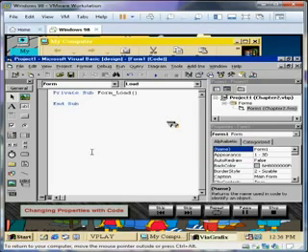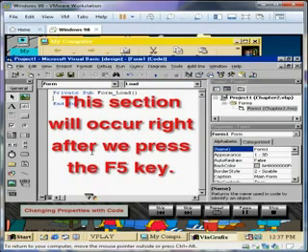Let's explore the code window. The Object pull-down menu to the left shows us we are working with our form or program, and the Procedure pull-down on the right tells us we are setting values that will take place when the form loads into memory or when our program starts. We'll discuss objects and procedures a little later in this chapter, but for now we should remember that anything we type in this section of our program will happen immediately after we press the F5 key on the keyboard to